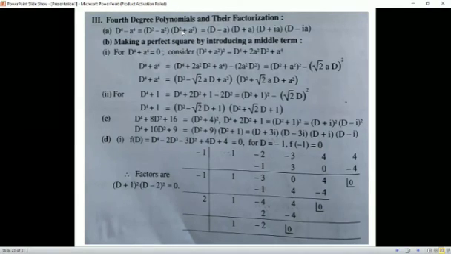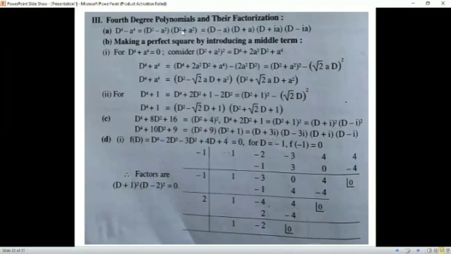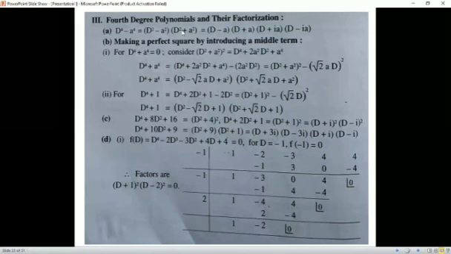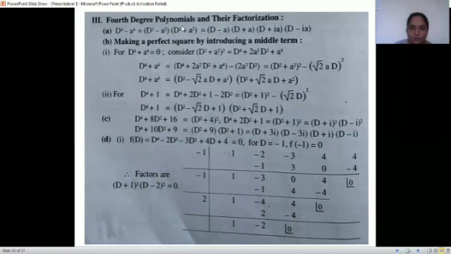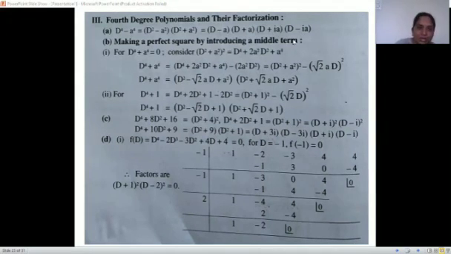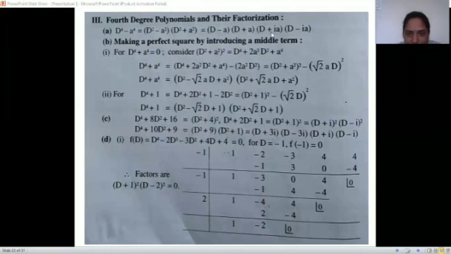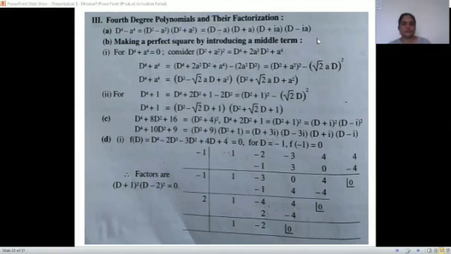And as it is d square plus a square, what are the roots of this? If you want to find the roots, just equate it to 0. So d square plus a square equal to 0, so d square is nothing but minus a square. Taking square root on both sides, we get d is equal to plus minus ai. So plus minus ai are the roots. We can write d plus ai once and d minus ai once. So this is standard. For d raised to 4 minus a raised to 4, the roots are d minus a, d plus a, d plus ai, d minus ai.